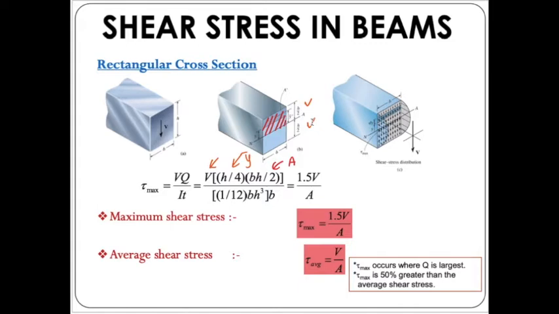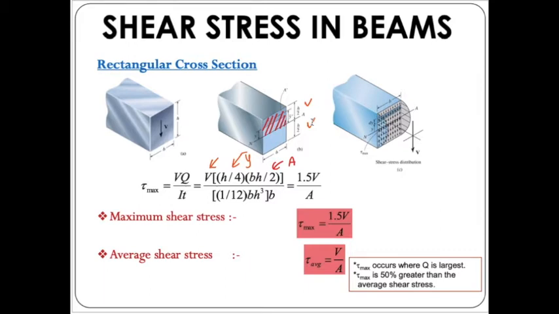So we are going to consider only either one of the values. It can be of the top part or the bottom part from the centroid. So the maximum shear stress can be calculated using this equation that has already been simplified, and the average shear stress can be calculated using V over A. So this tau maximum occurs when Q is the largest, and tau maximum is 50% greater than the average shear stress,